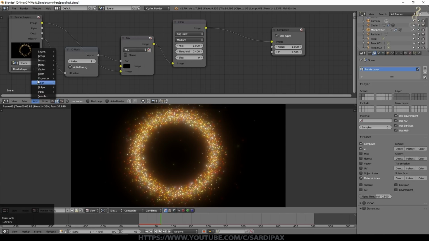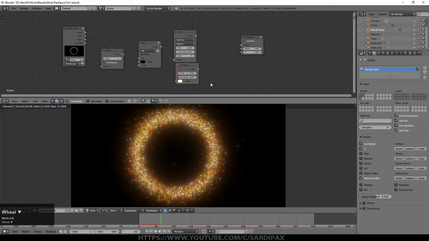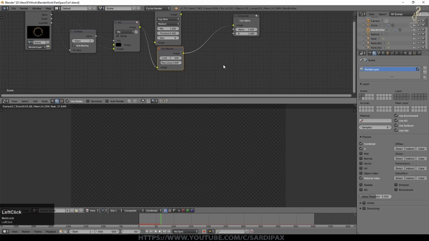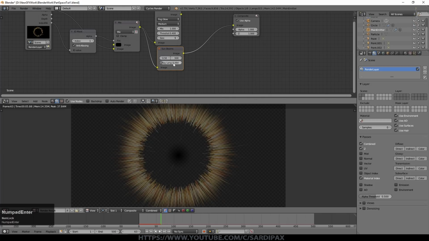Then added another node from the filter section, which is the sunbeams node. And just to show you precisely what this is doing, I'm going to connect that image into my sunbeams node, and I'm going to replace what I'm outputting at the moment with the sunbeams node. And initially it doesn't show anything, but that's because the ray length is at 0. So I used about 0.064, and suddenly we've got something back. And you can see all those particles have created these streaks.